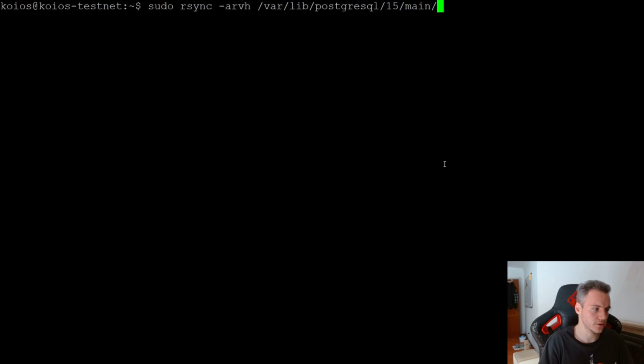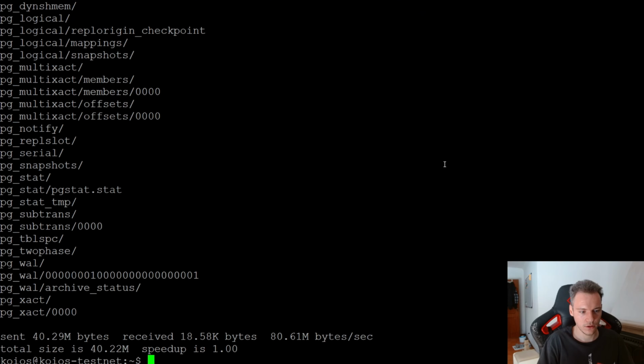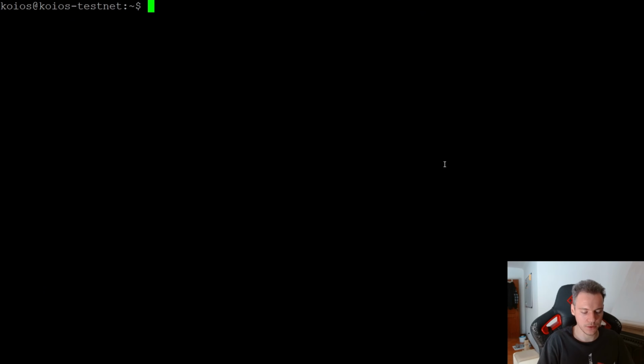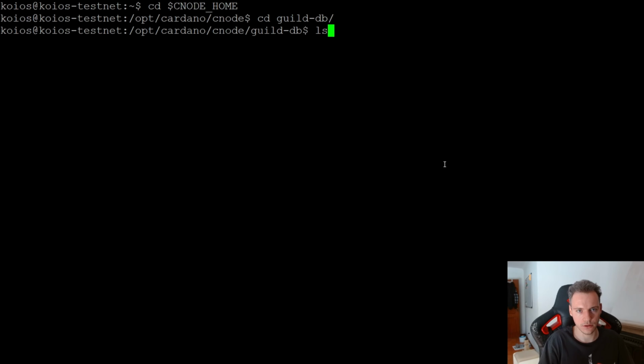That was the data directory before, and we want to set it to opt cardano c node guilddb, and then we set pgdb. Okay, that's copied over. If we go to our c node folder, guilddb,